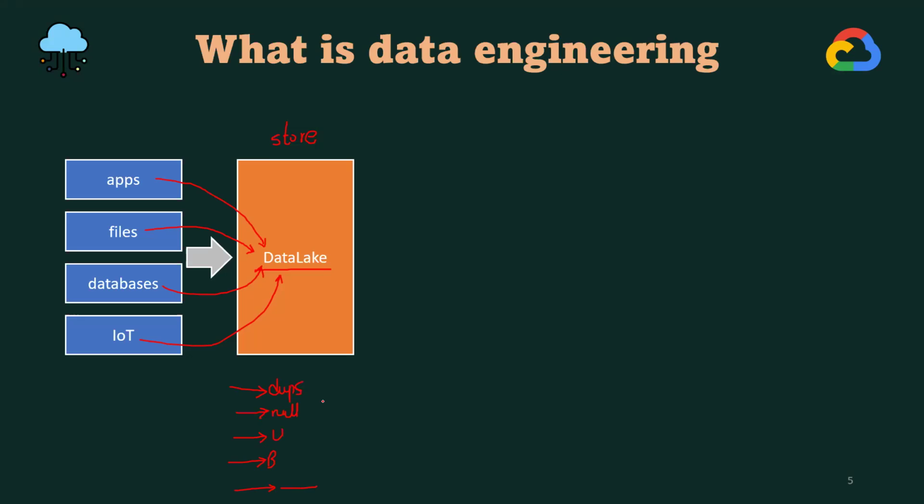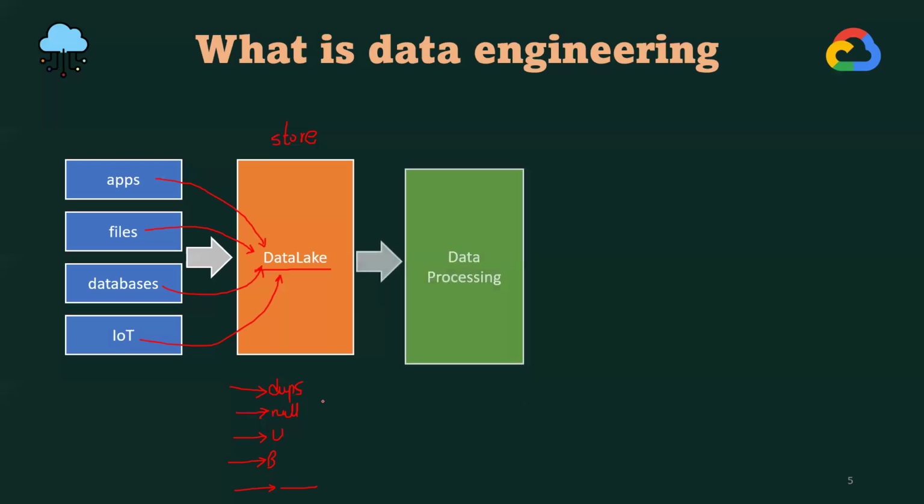Right, sir. If you wanted to analyze the data, what you need to do? You need to properly clean the data. You need to properly transform the data, or you need to add some kind of value to your data. So that is the reason we go for data processing. In data processing, we properly clean the data so that the data is ready for the analysis.